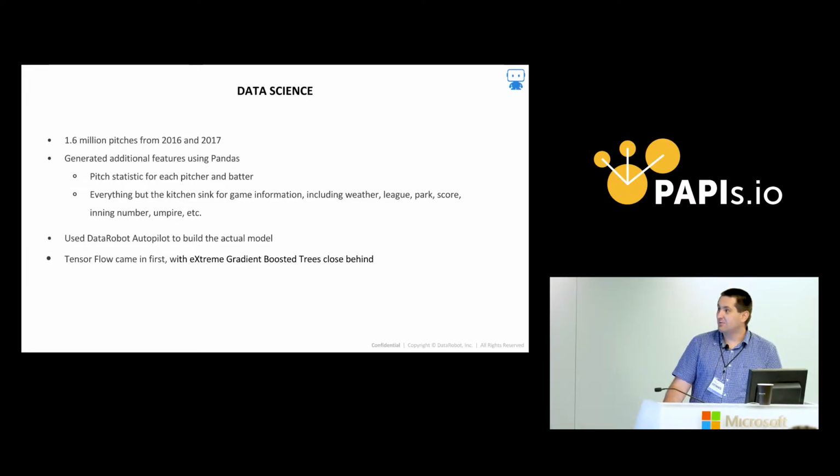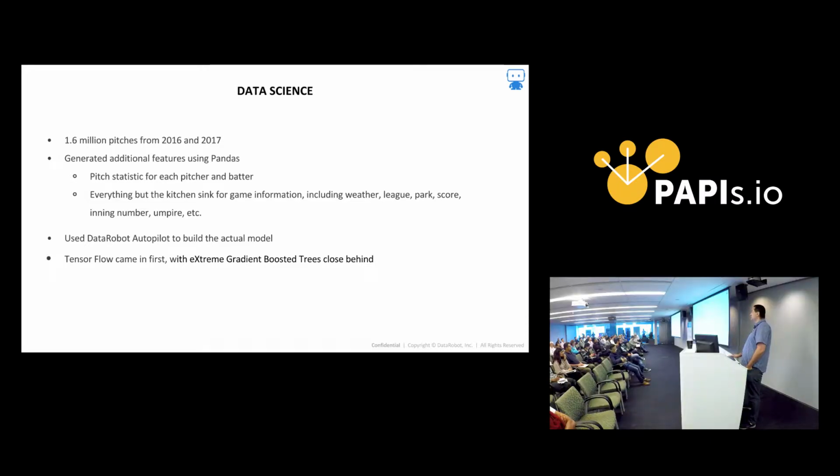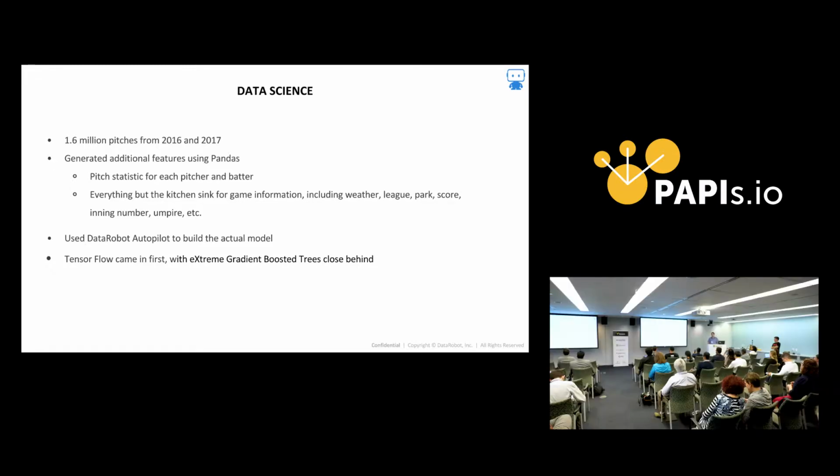So for data prep, we didn't do anything smart. We downloaded the data from the MLB API. We extracted all the features that they had. Pretty much everything they provided, we extracted in separate columns. The only thing that we really did on top of it that counts as real data science: we built the historical features to show the proportion of pitches for a particular pitch, which ones were successful,